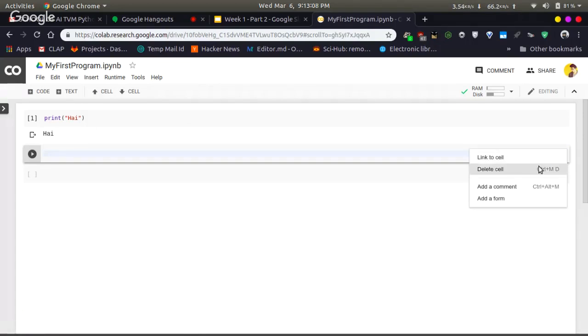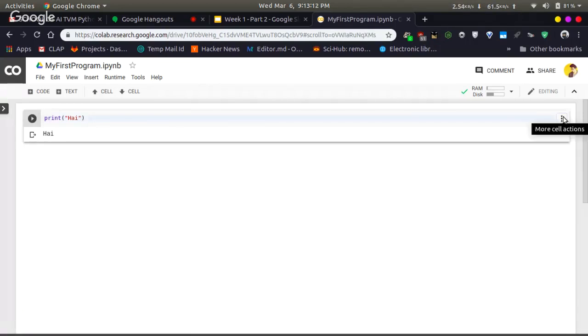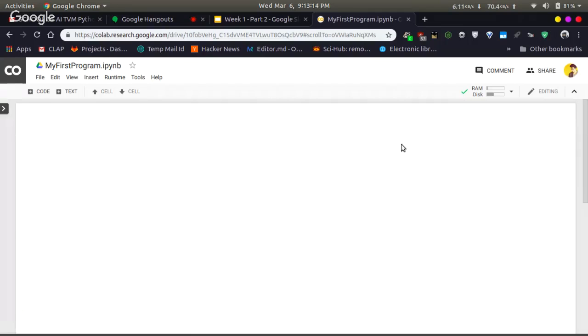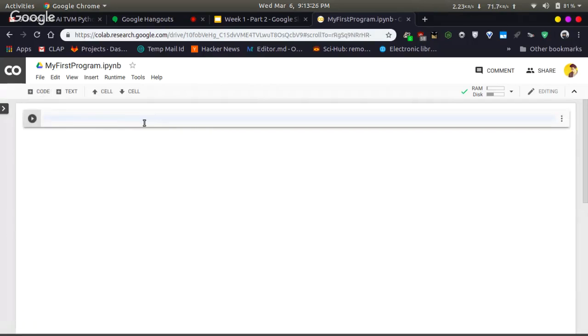This is how we delete a cell. Now there is no cell at all. In order to create a new cell, as I have mentioned, just click on the Add Code Cell button and it will create a new code cell. That is about the code cell.